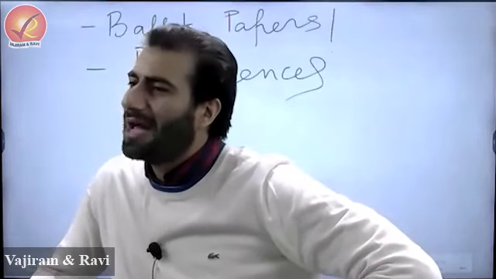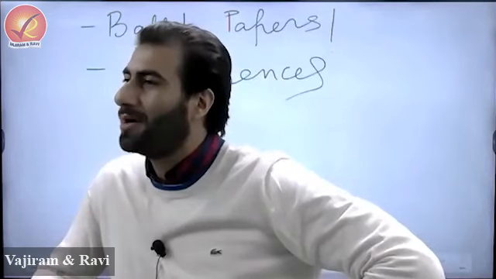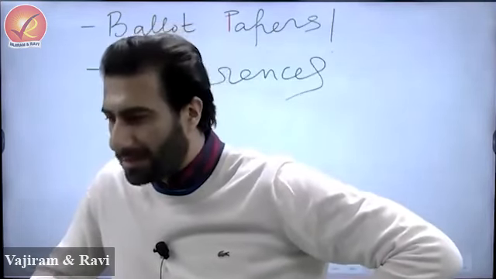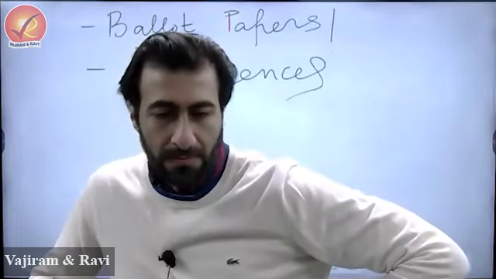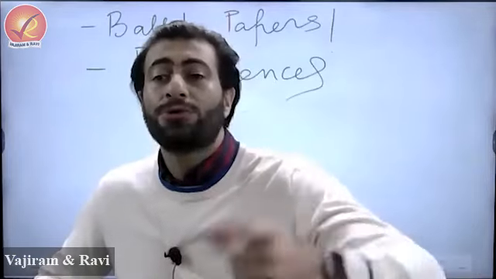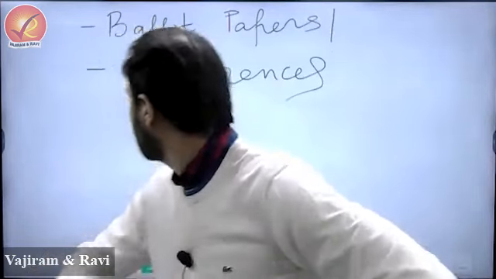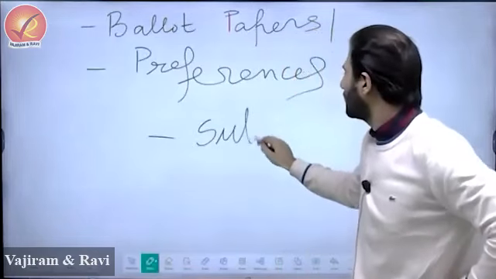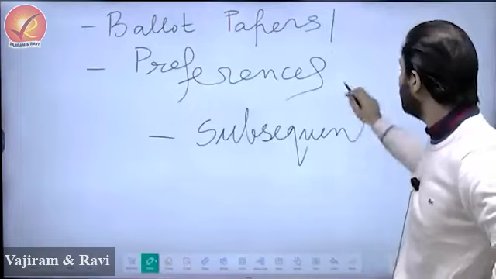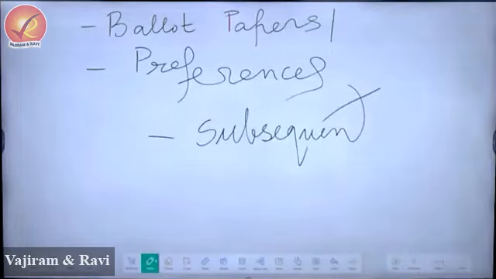The fourth is interesting one. Have a thought on the fourth. First three are easy. I'll just open up them, don't worry. Third, write down. The election proceeds. This is very important. See what you're writing. Very interesting. The election proceeds to the subsequent rounds of counting. Underline subsequent. Subsequent, you understand? Later rounds. From 1 to second, second to third, third to fourth. Subsequent rounds of counting till a candidate